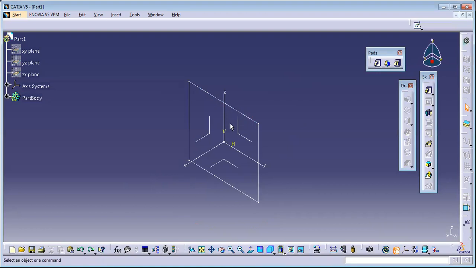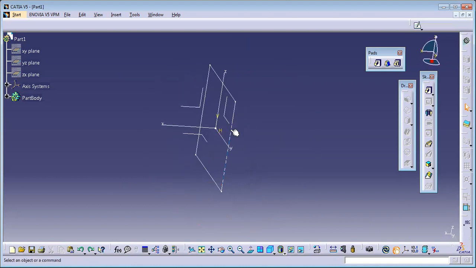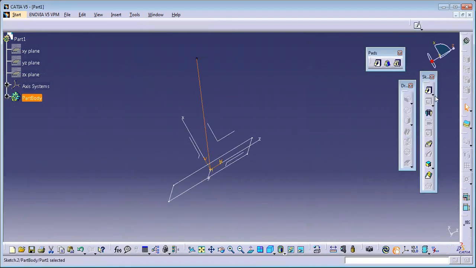Okay, so this was the case, it was exactly perpendicular to this. Now what if I want to change the direction of adding up the material? At that time, I have to select the plane exactly perpendicular to this. Now I'll select this and go on sketching. So I'll go to the sketch here. You can notice this was the axis where the material was being added. Now, instead of that, I'll create a line like this so that I want the material to be added in this direction. I'll come out of this.